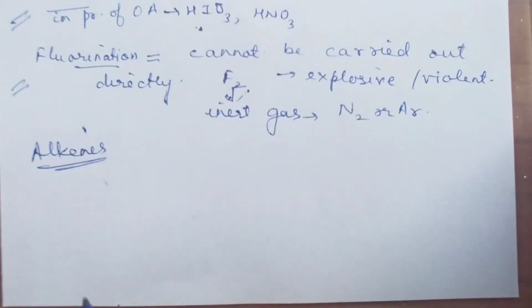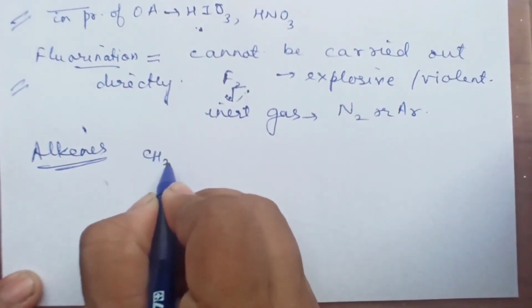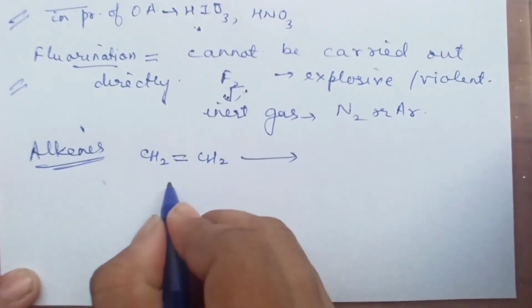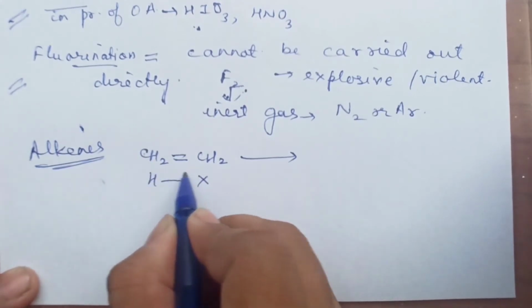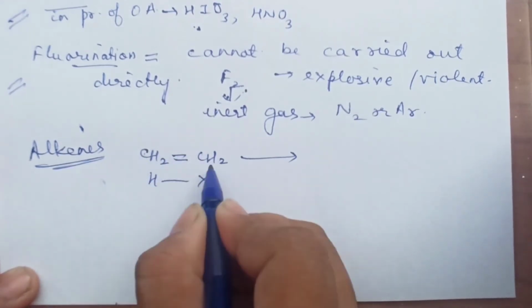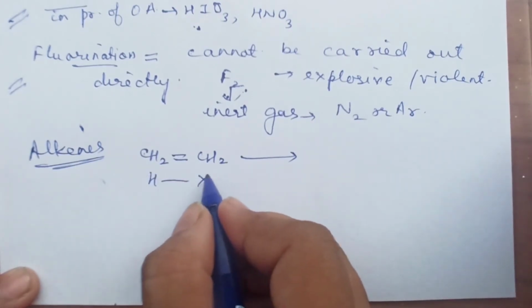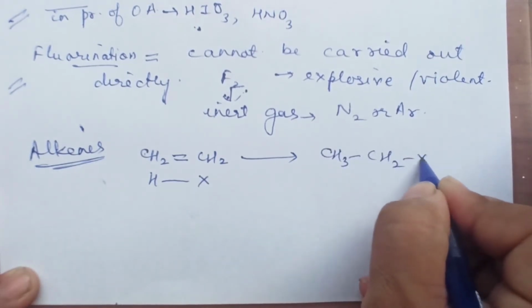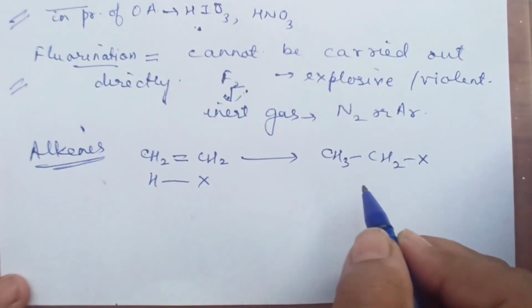Next method we are taking is from alkene. If we have to prepare alkyl halide from alkene, then we take a simple alkene, ethene. To this ethene, if we are adding HX, hydrogen halide, if it is a simple, symmetrical alkene, then no problem, you can add HX like this or HX here, you will get the same product. So here not at all an issue. You are getting ethyl iodide, haloethane.